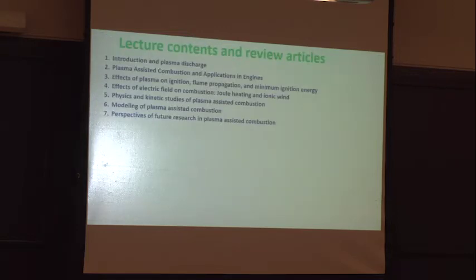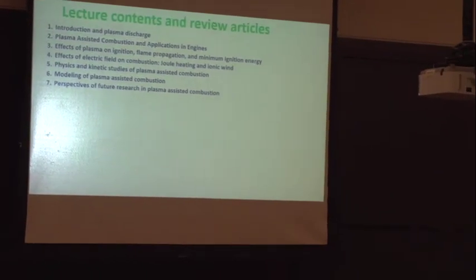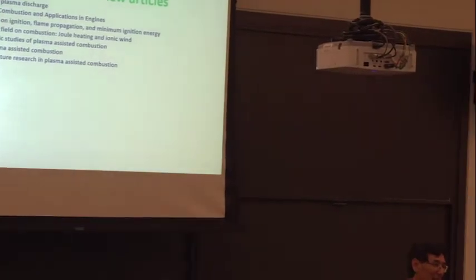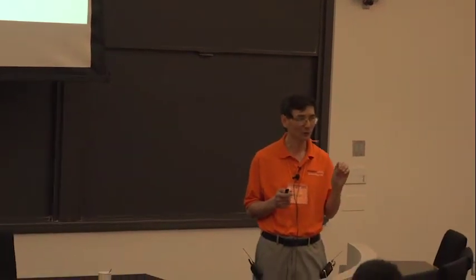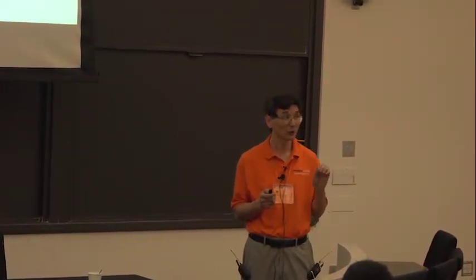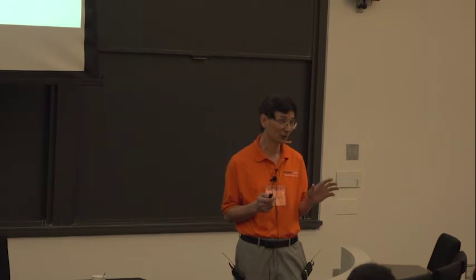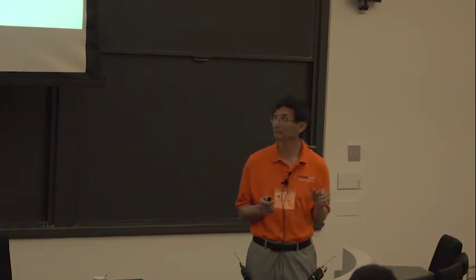So what we will try to talk about in these 9 hours, hopefully, is, first, to introduce what a plasma discharge is. I think everybody came to this room because you are experts in combustion. Combustion, the flame, is actually a weakly ionized plasma. You have some ion concentration and electrons, but that concentration is very, very low. You could use an electrical field to control it, but it's quite low.